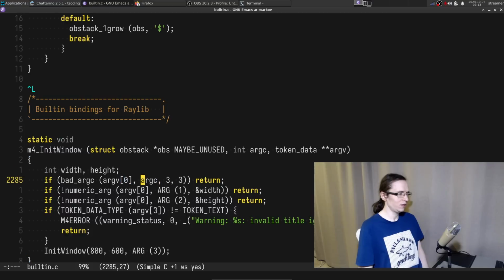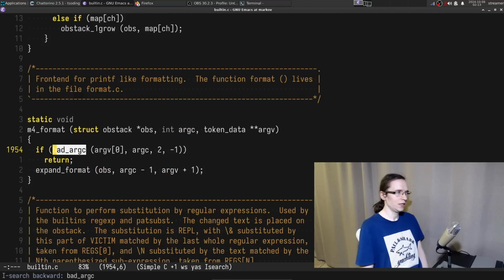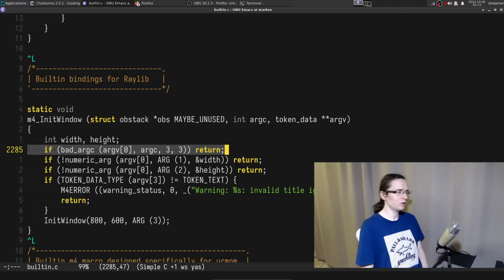We said that the minimum is 3 and the maximum is 3. That's what we said in here. I'm honestly hella confused. Is that because it's actually 4 of them?